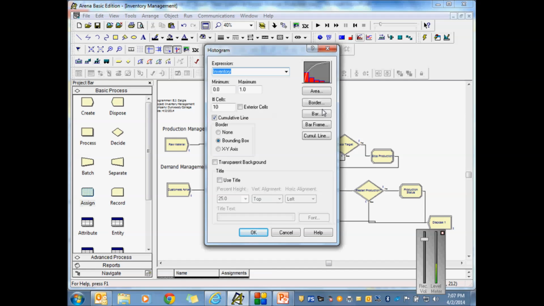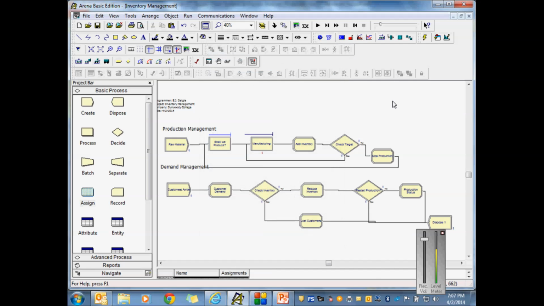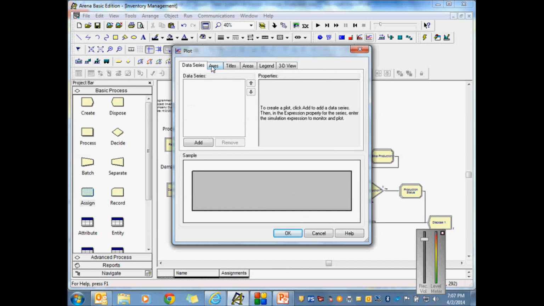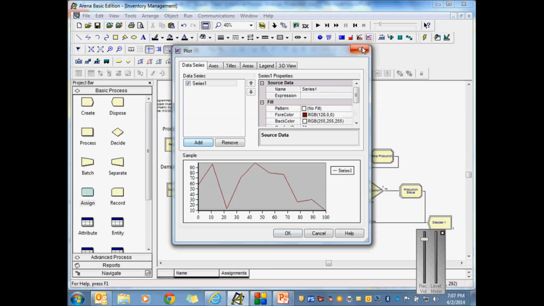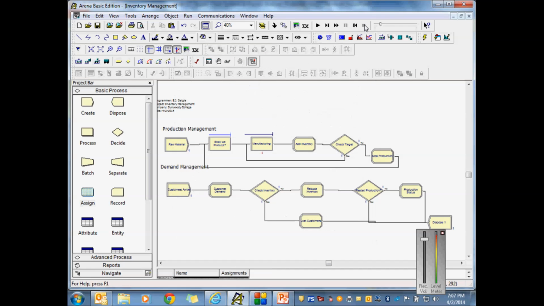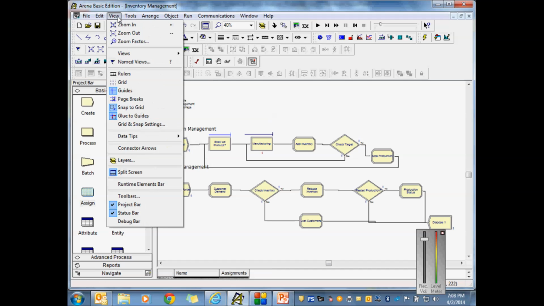Or actually, I don't want a histogram. What do I want? That's not what I'm looking for. I'm looking for a plot. Excuse me. I'm sorry, guys. Instead of a histogram, pick a plot. Yeah, make sure you hit stop. And then once you're stopped, you can go into plot. You can still grade on your plots. You might have to go into view